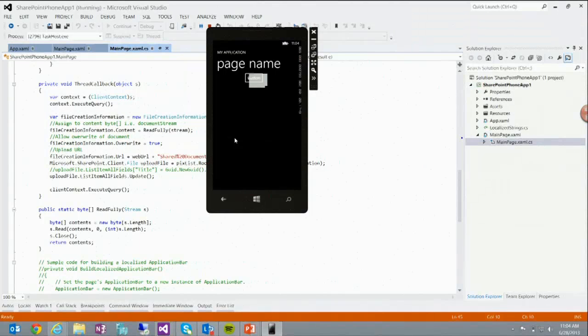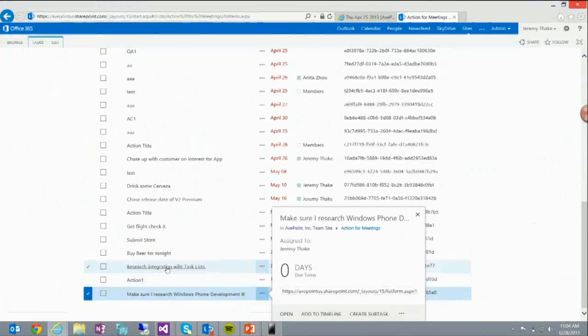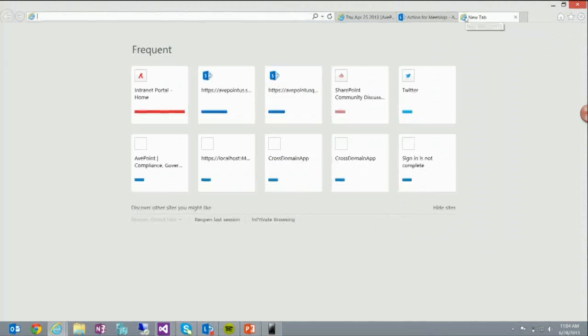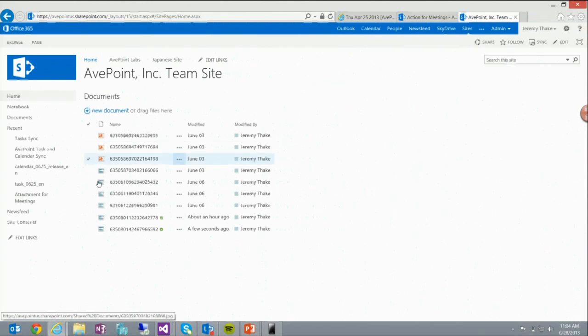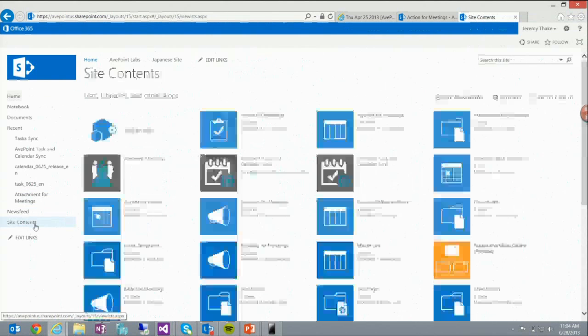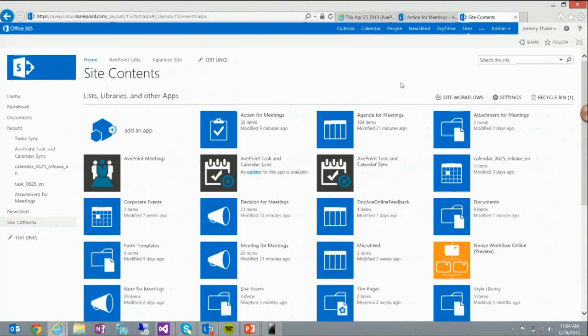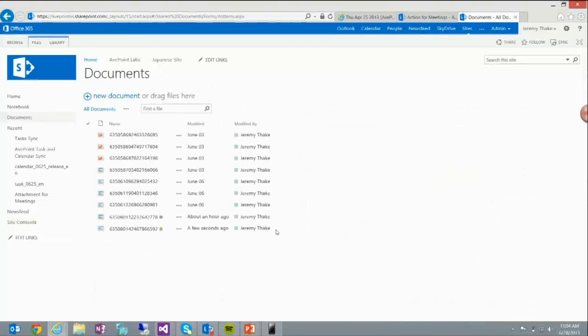In the background, now that's taking that bitmap image, it's uploading it via the client-side object model directly into SharePoint. If you don't believe that happened, again, I don't have a success message or anything. It's just a proof of concept here. If I come into my AvePoint US environment, and I go to Site Contents, and I go to my Documents, you'll see that now the image has been uploaded directly into SharePoint. So with a few lines of code, I've actually created an environment here where, as an example,